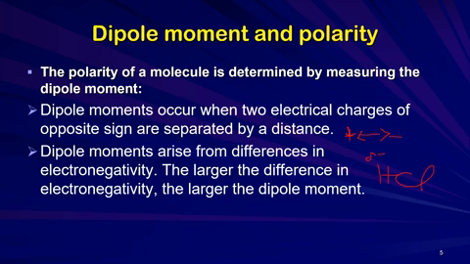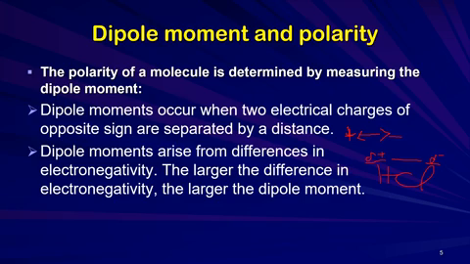Here we have a partial positive hydrogen for our molecule of hydrogen chloride and a partial negative pole. And you can see that the partial positive charge is separated from the negative charge by a certain distance, and because of this we have